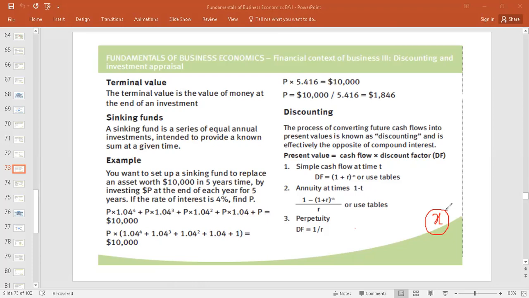To have 10,000 in the account at the end of the period, what amount should be invested in these equal annual installments? We see that P is equal to the total investment divided by 1 plus R divided by 1 plus R whole to the power of